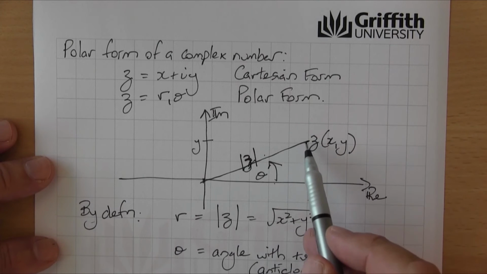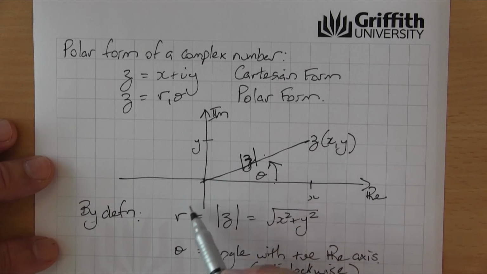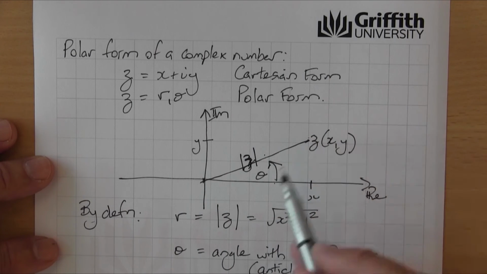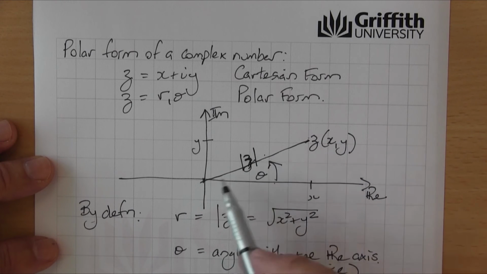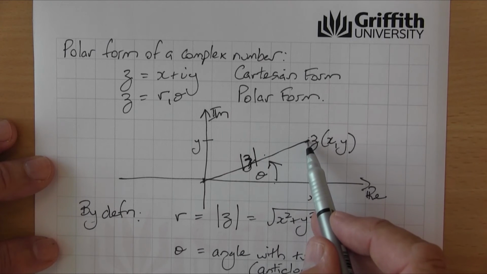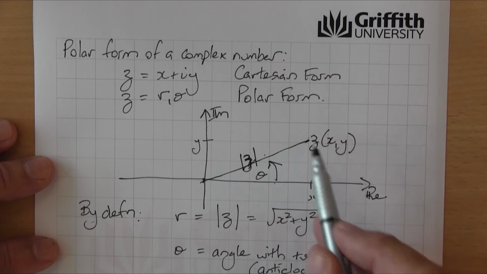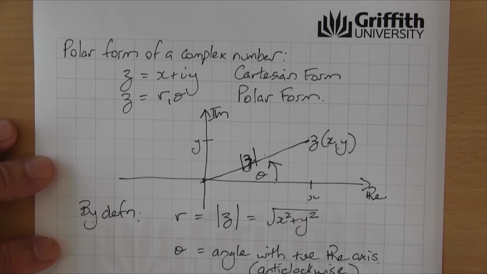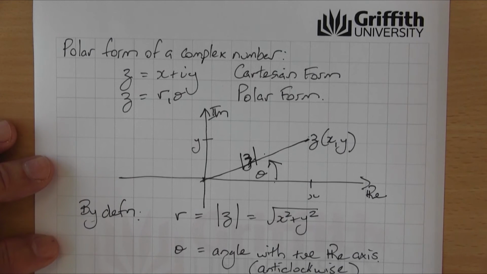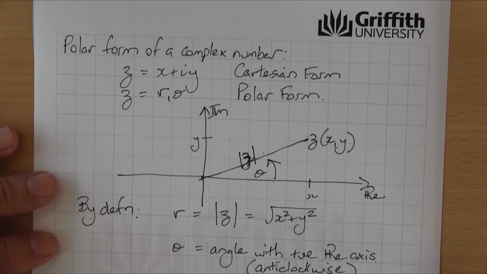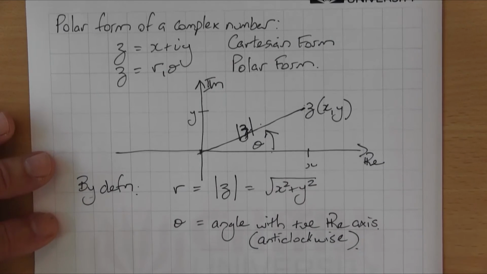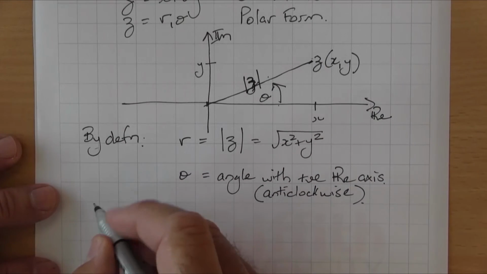Now that would define, you could define an arm, if you like, that went out so far at an angle, and that would allow you just as equally to pinpoint this complex number as if you were given an x and y coordinate. So the polar form